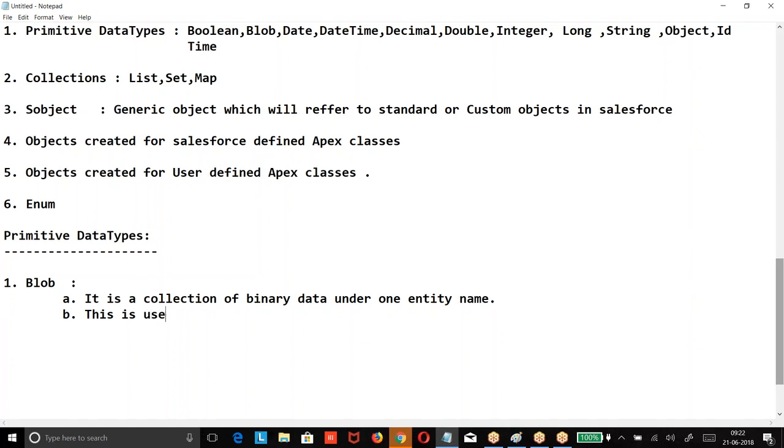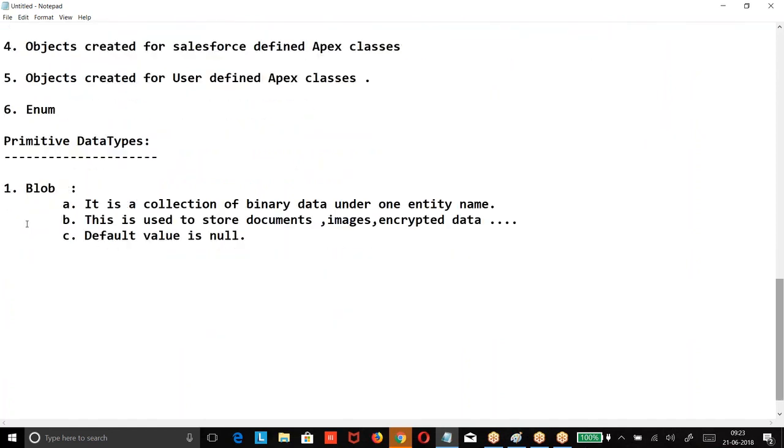This is used for documents, images, encrypted data. The default value is none. If you don't mention anything, by default it is none. Blob, binary data.